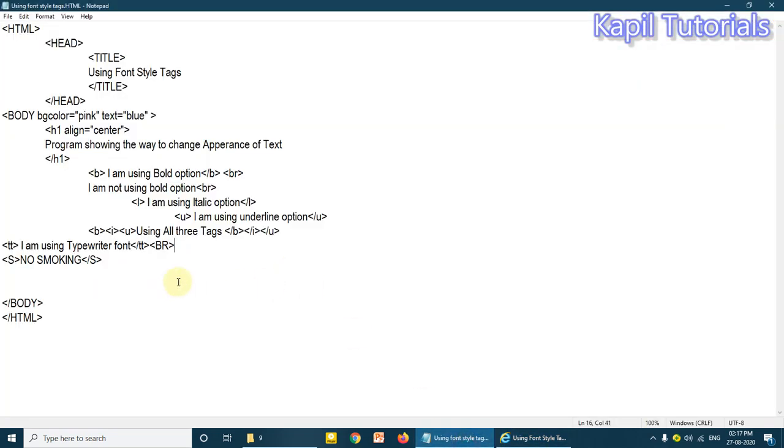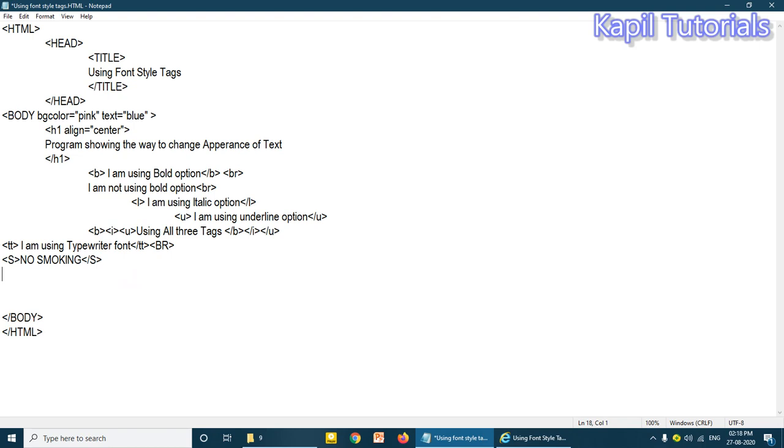Now, after the strike tag, superscript and subscript. I hope you might be remembering when you were doing MS Word. Superscript. I have given you the example of Superman, superscript. Subscript, submarine. That means if you are writing a square, that means power, in that case you have to use superscript. Just to do that, here I have to write suppose a square plus b square. So how to write?